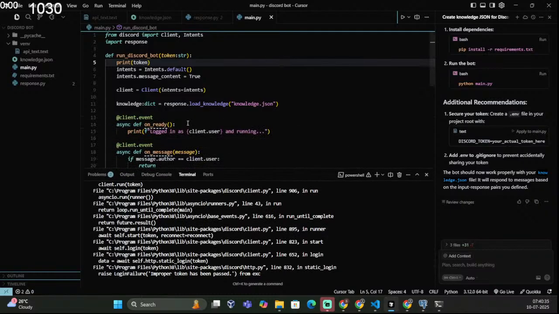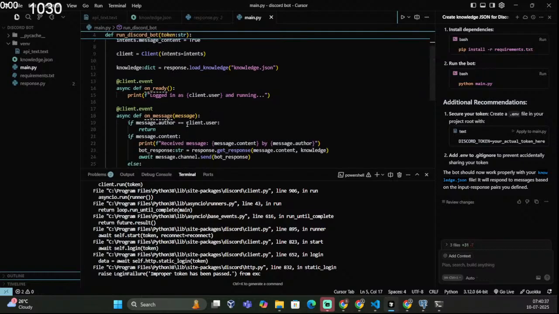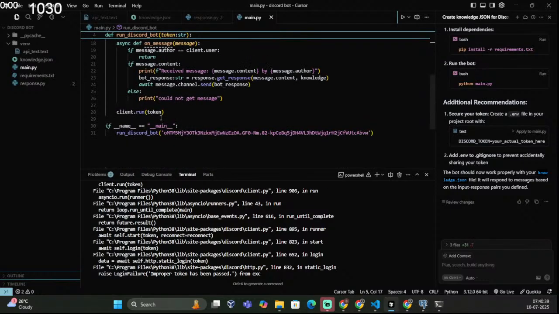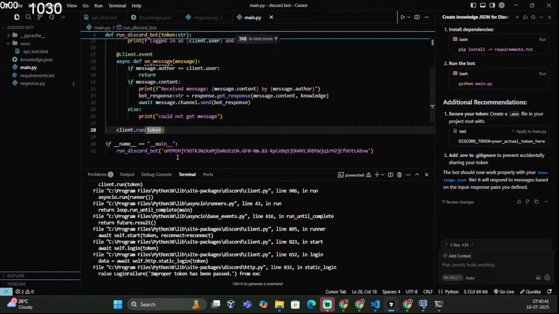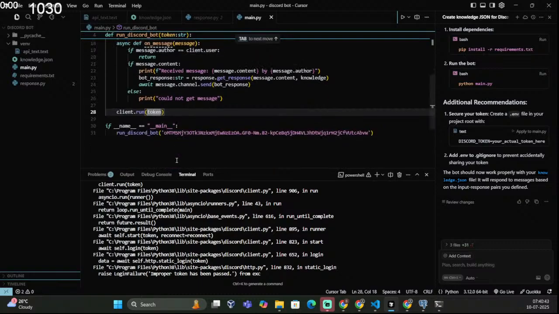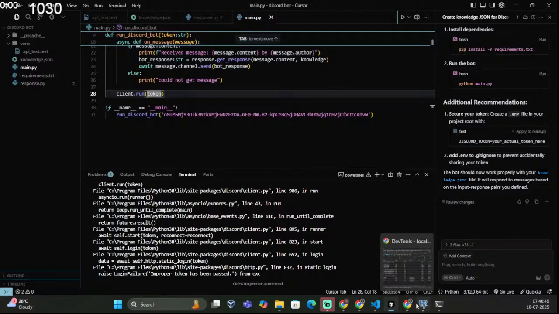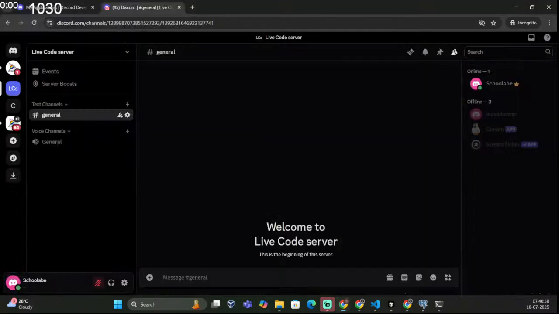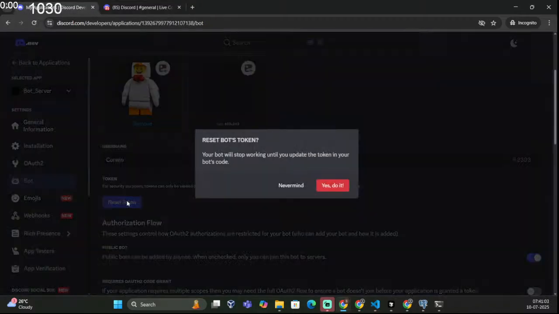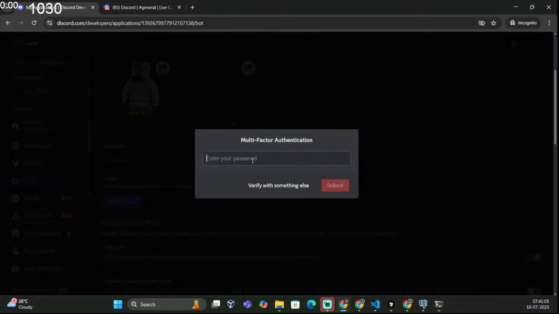But why? We are passing the token here, right? Let me check. The token should not be expired. If I go to this URL, here in my application, we just reset the token. As I do it,